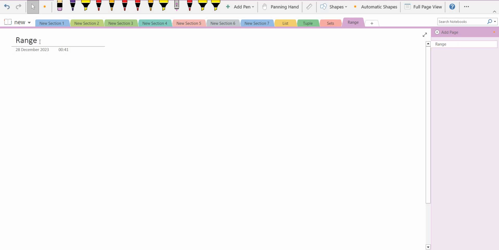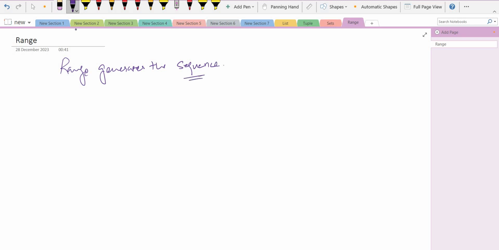We will see what range is. Range is another type of data type which is widely used in loops, which we will discuss later. What does range do? Range generates the sequence. Simple. Range generates the sequence. In the earlier example we have seen a is equal to 1, 2,